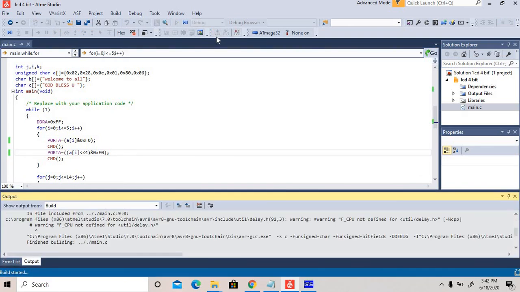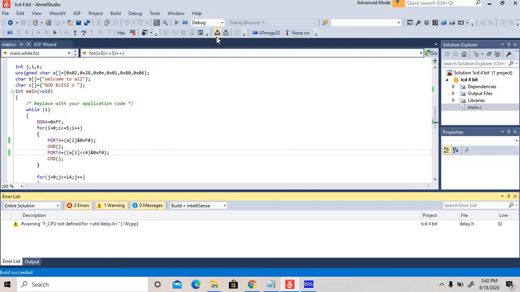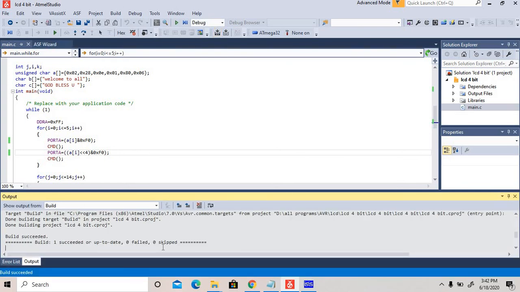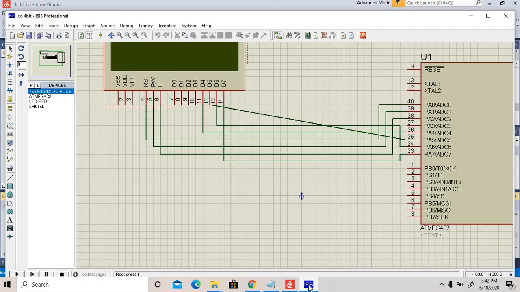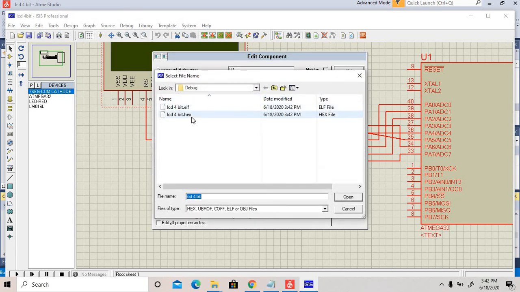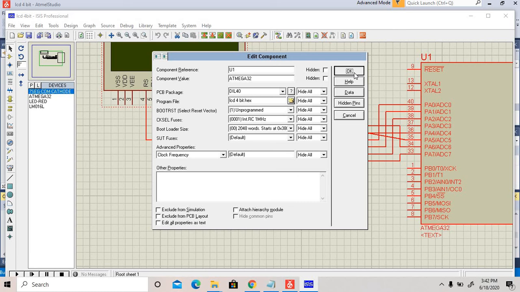This is our code. So 0 errors, 1 succeeded, 0 failed, 0 skipped. So go to Proteus, double click on the IC, go to this, then 4-bit mode, then OK.